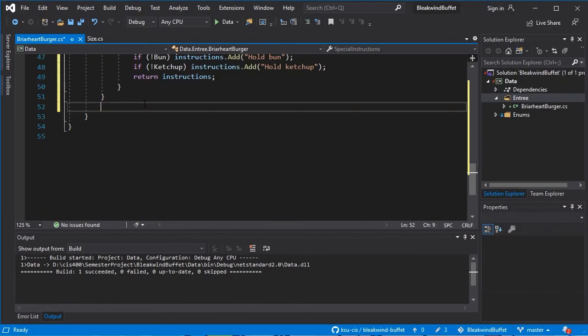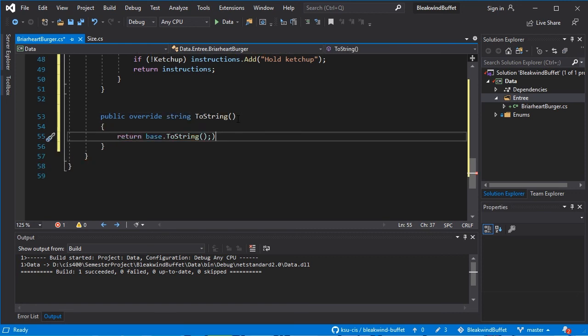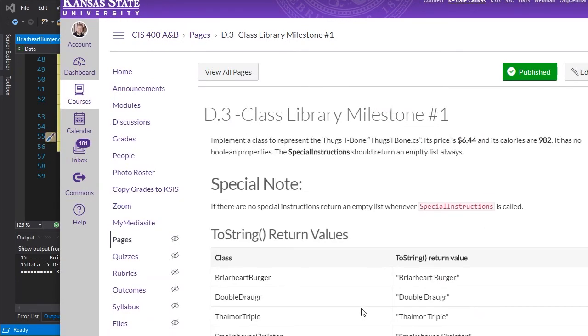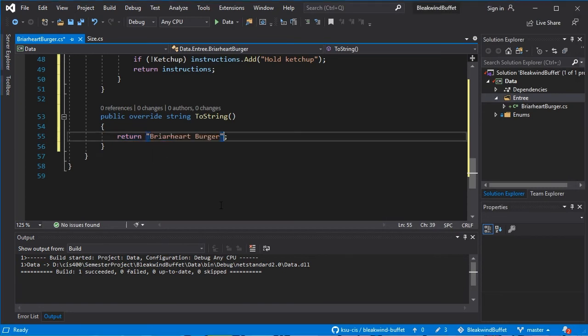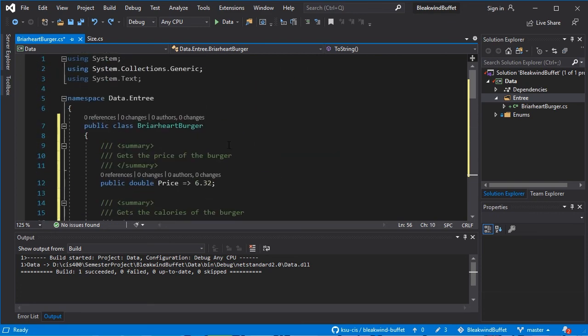The last thing we need to do is that toString. And this is going to be an override method. And we'll talk about what override methods actually mean when we get into the next week's material. But here we want to return the string that was specified as the value of our return string. So BriarheartBurger is what we should be returning. And we want, again, this to be spelled exactly like it's spelled in the specification, including capitalization. That's important. Okay, so that is writing that class in a nutshell,